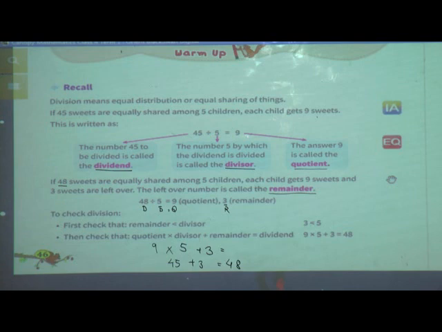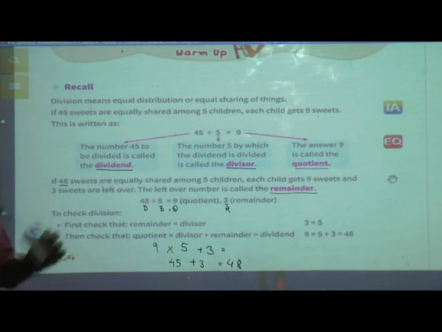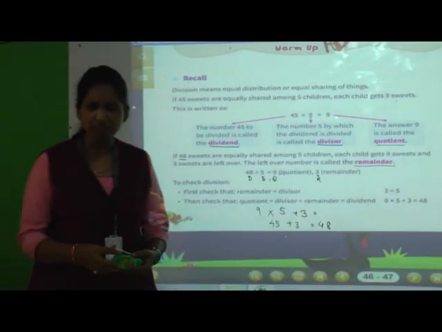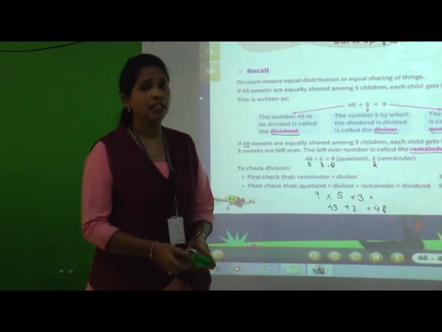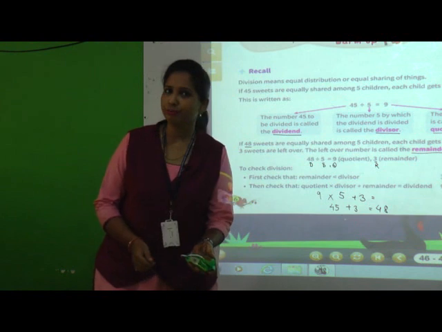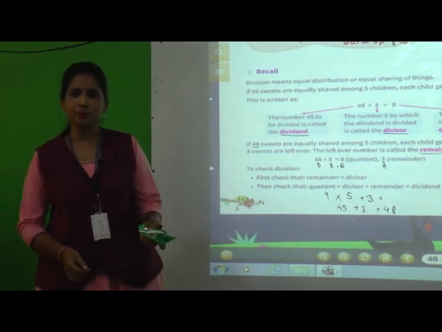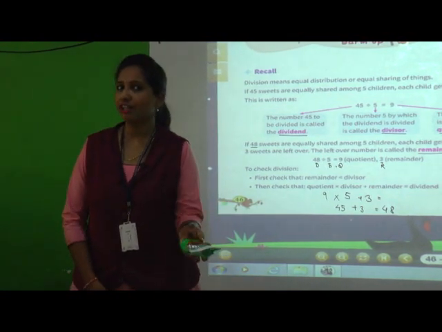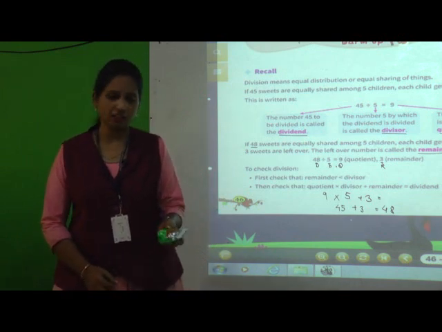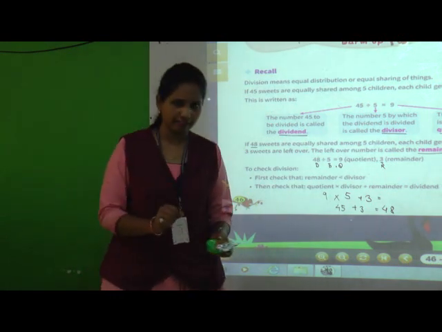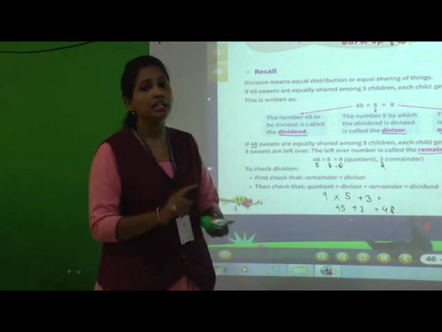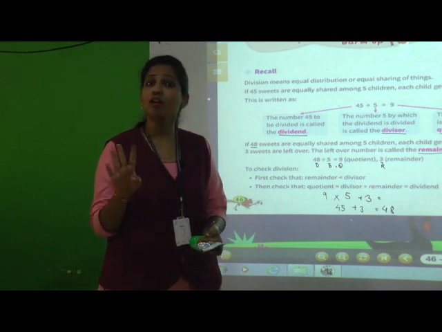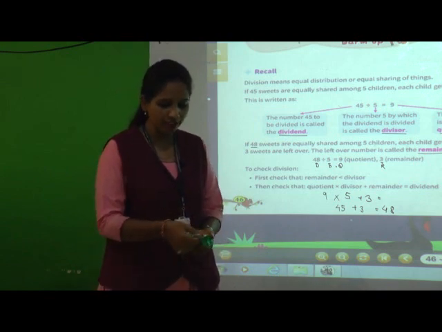Now I would like to explain the same with a practical example. See, I have one biscuit packet with me. Suppose one day you decide to share your biscuits with your friends. You have 3 friends, including you 4. You want to distribute these biscuits among 4 students. So what will you do first? You will give 1 each.